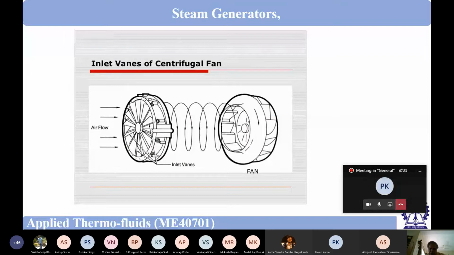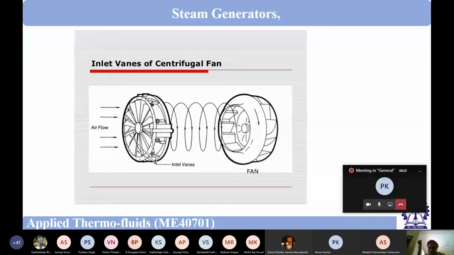If you remember, I have told that suppose we have fixed the RPM, a fan will try to deliver a certain amount of air, depending on the fan characteristic. But we may need more or less, and we should have some sort of control on the volume flow rate we are getting from the fan. So generally volume flow rate is controlled, and there are different ways of controlling it.